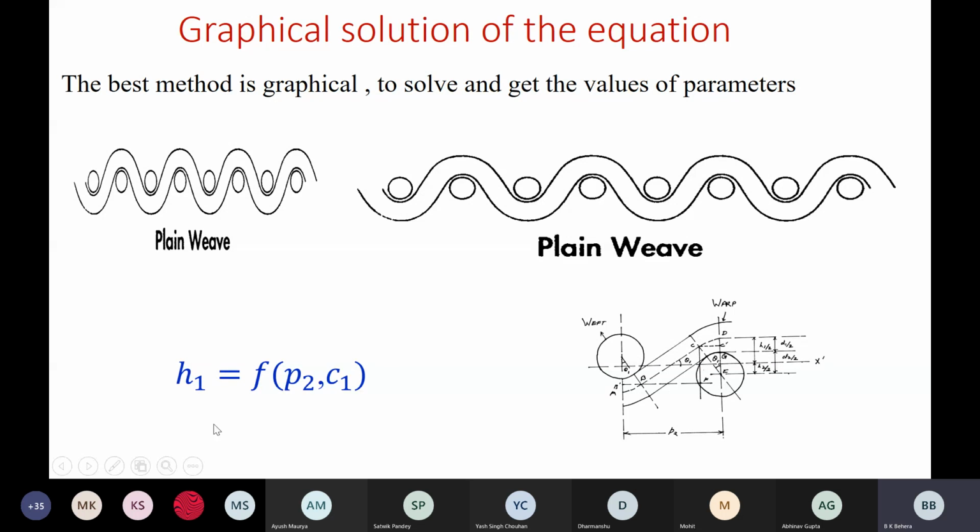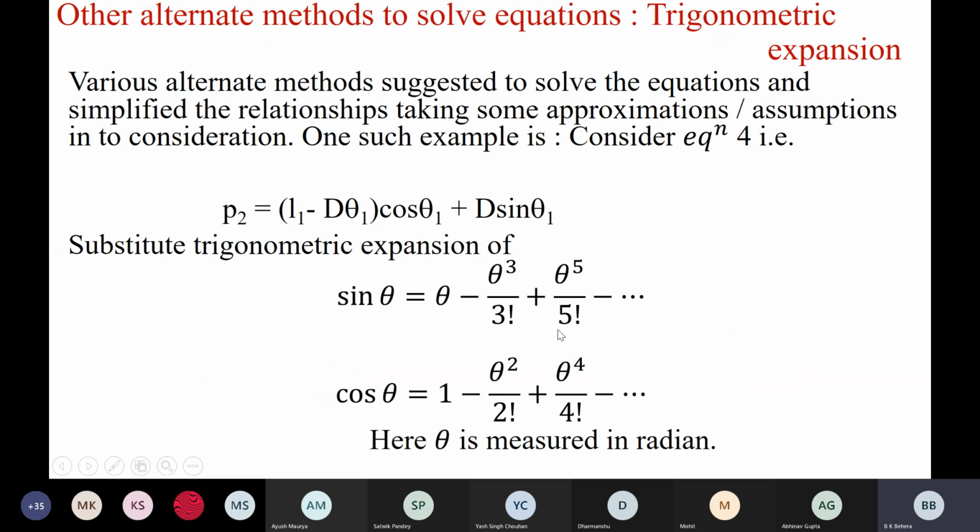And one can change any of these three parameters, or you can change the distance. We know we can weave a fabric of different thread density. P2 is spacing. Spacing is nothing but 1 upon n, where n is the number of threads per inch. As you go on changing the number of threads per inch in a fabric, whether warp or weft, you can change the P value. And if you change the P value, as clearly seen from this diagram, we can change the crimp value or the H value. So this is how mathematically a fabric's crimp spacing and crimp amplitude are related.